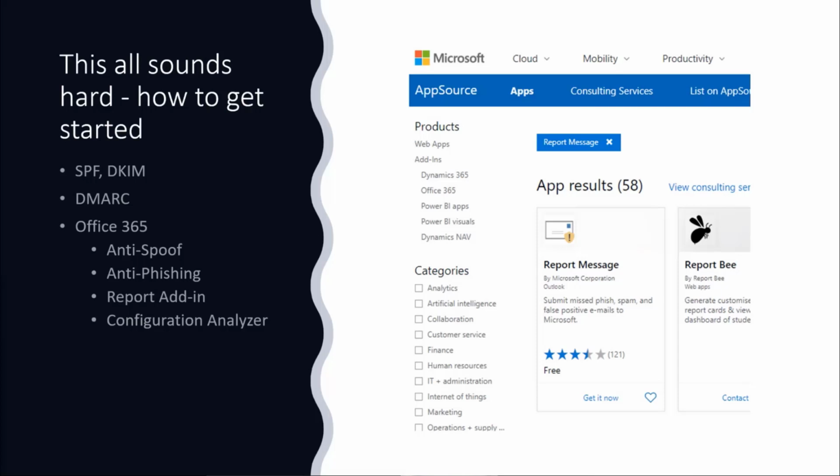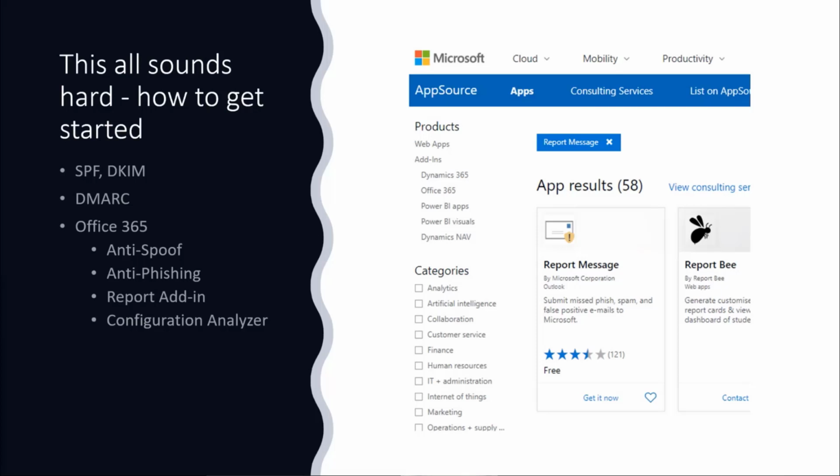It's always good to push something back to the end user, because we need to make sure that the end user is well educated here. A way of doing that, and making sure that end users send emails back to us as soon as they see something that might look like phishing or spam, is using the Report Message add-in for Outlook. It's available directly within the apps of Outlook, so it can be the Outlook desktop version or